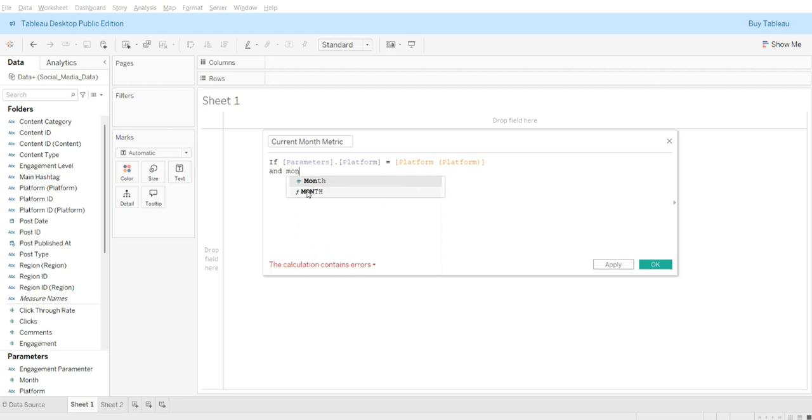the month parameter equal to the MONTH of the post date. We'll consider the post date, and the third one is the engagement parameter equal to